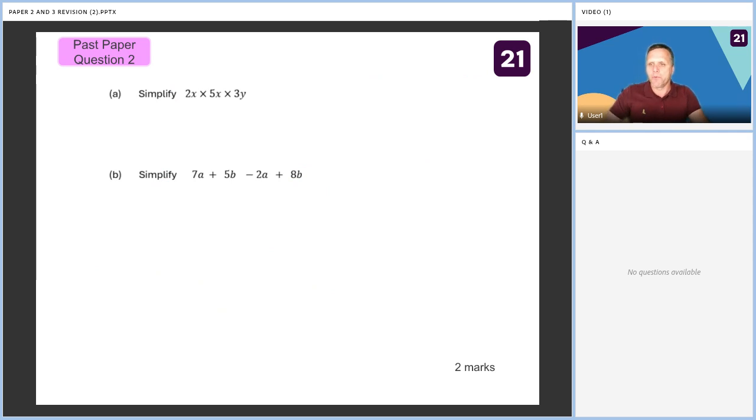Okay, question number 2. We got some simplifying to do. So we've got 2x times 5x times 3y. Now remember, when we multiply, we can multiply in any order we like. So the way we like to think about doing this, well, we're just going to do the numbers first. So 2 times 5 times 3. Okay, and then we're going to times by our x, times by our second x, and times by our y. So 2 times 5 times 3 gets us